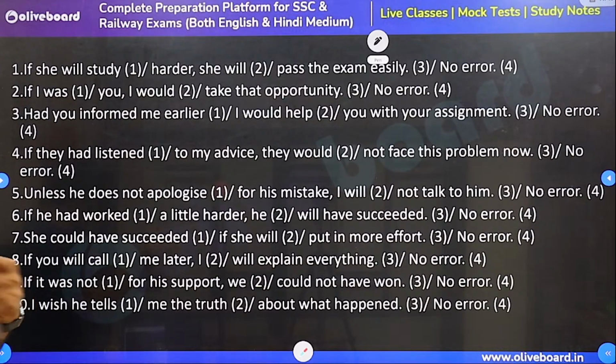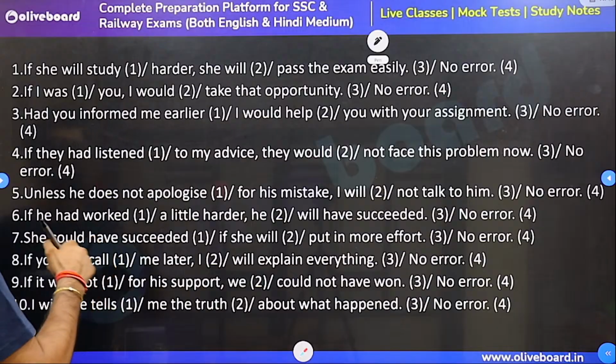Ashish studies, because singular subject takes an S/ES. He goes to school, not go to school. The sun rises in the east, not rise in the east. That way. In fractions, you need not mention the correction, but in sentence improvement, you have to pick one of them.